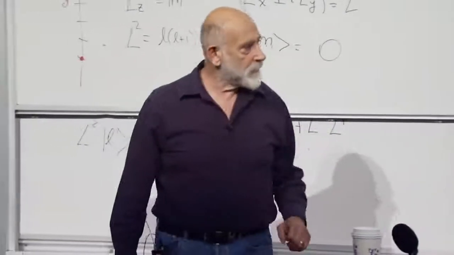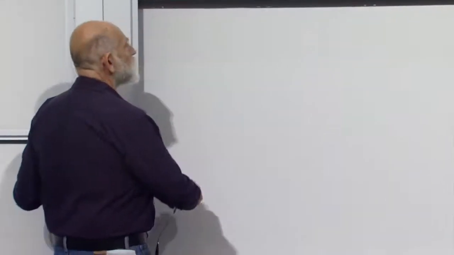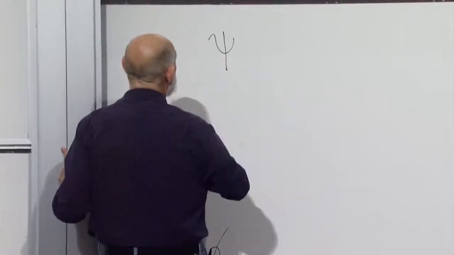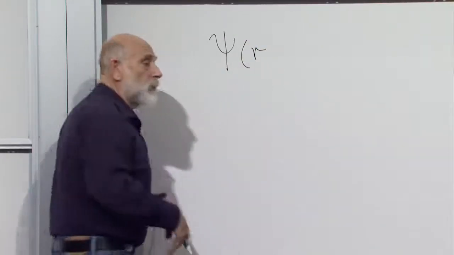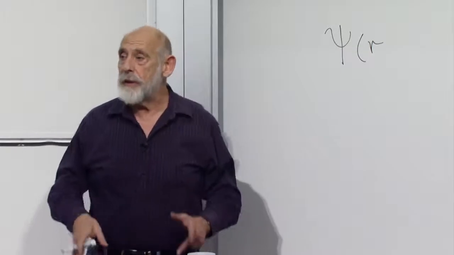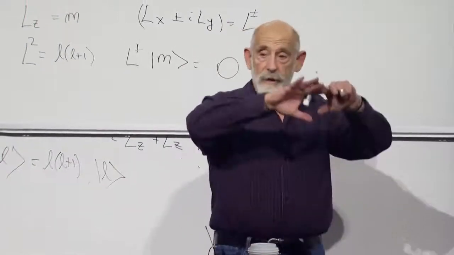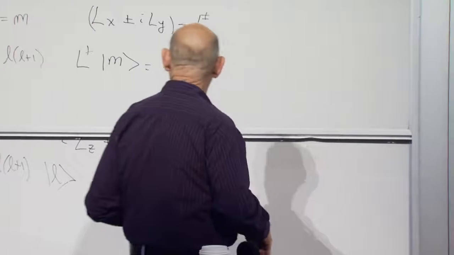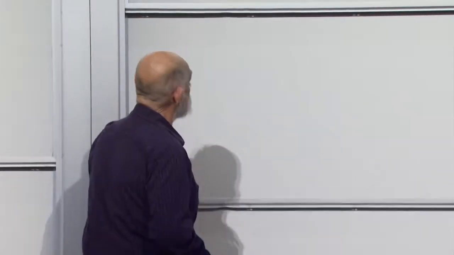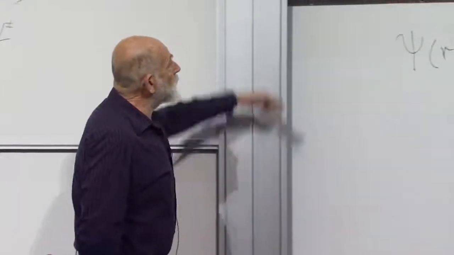What about the quantum physics? For the quantum physics, we have a wave function. We don't have a particle position, we don't have a momentum, we have a wave function. And the wave function is psi of r and also angles. But the angular structure is totally taken into account by knowing the angular momentum. If we know the angular momentum, then we know that the angular part of the wave function is just one of these spherical harmonics, which I've erased, but we don't have to worry about it. It's a one-dimensional problem,